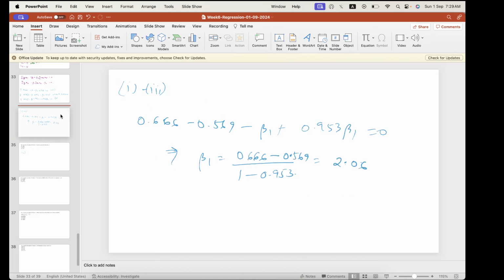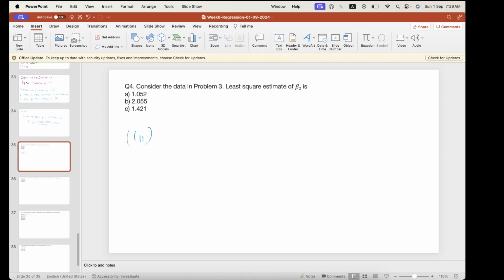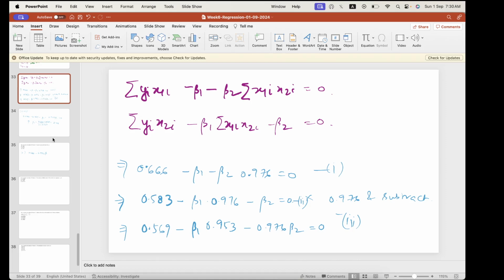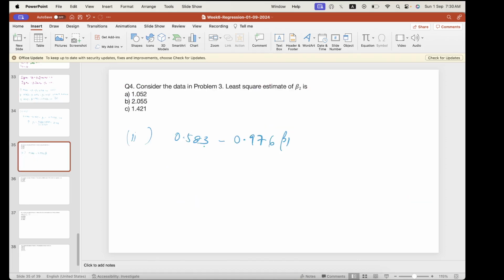So from equation 2, we have this thing, 0.583 minus 0.976 beta 1 minus beta 2 equal to 0. So then beta 2 equal to 0.583 minus 0.976 into